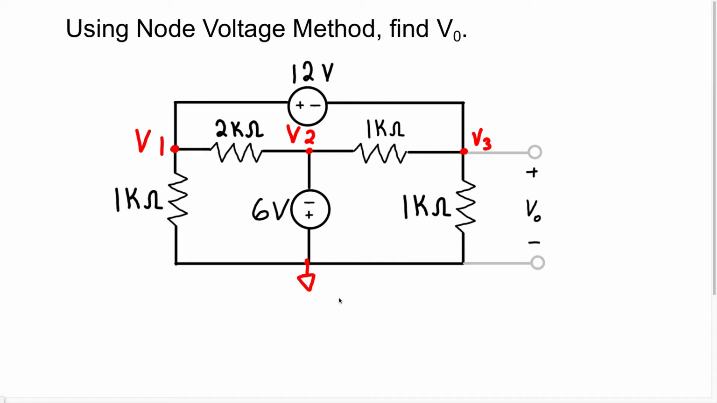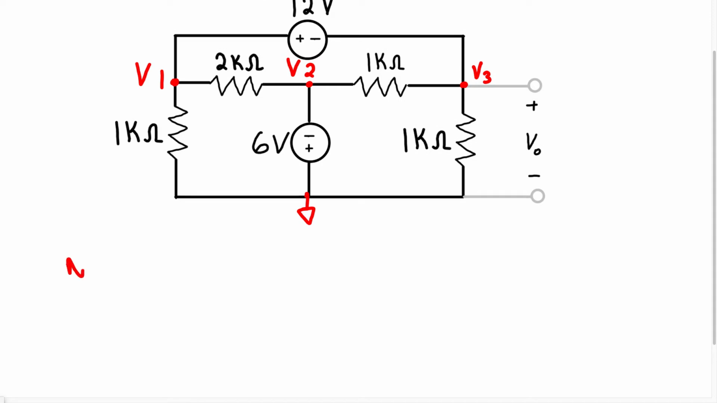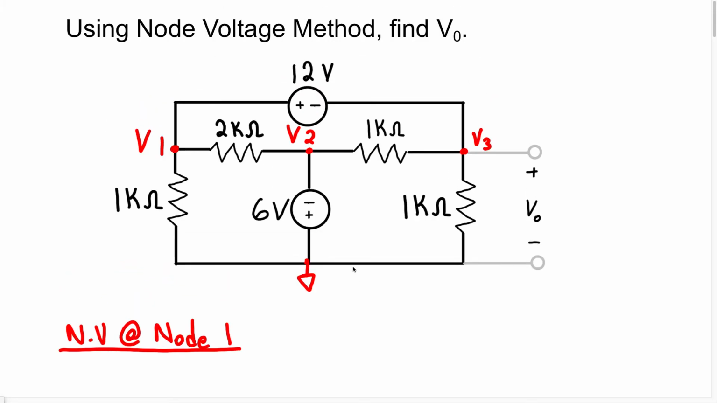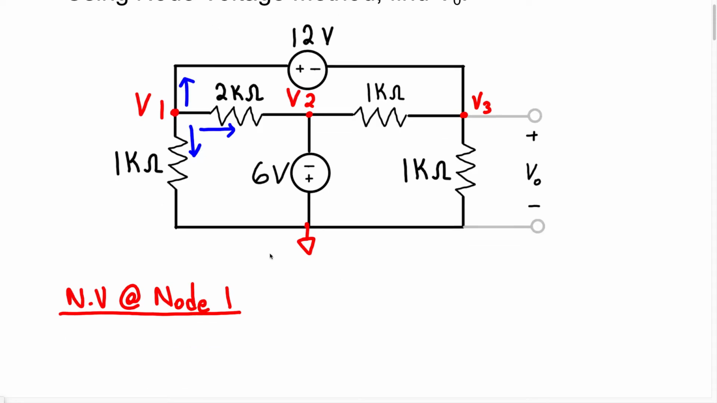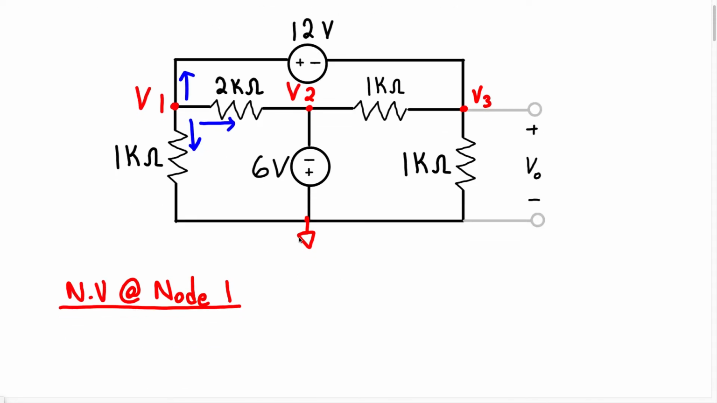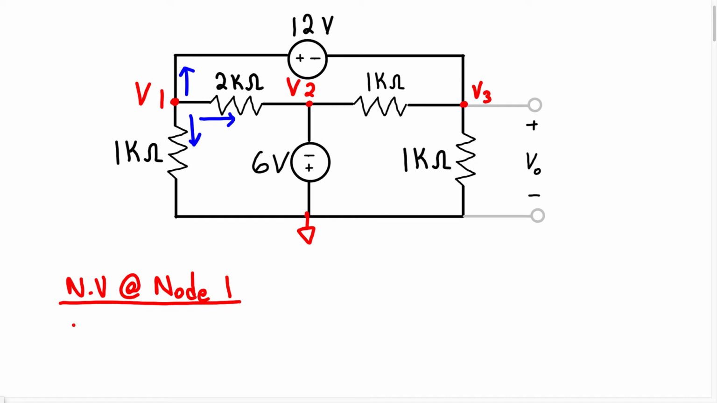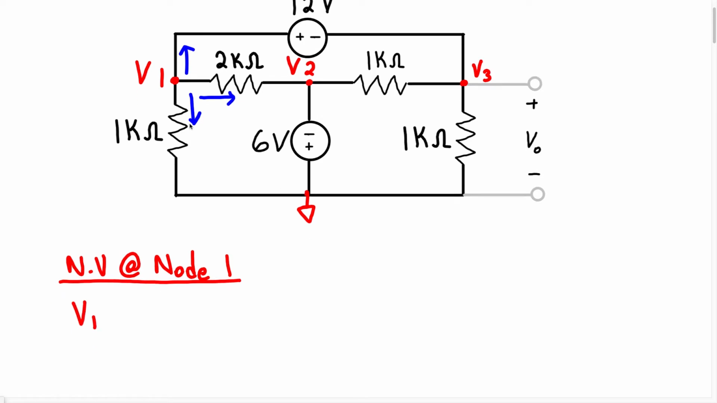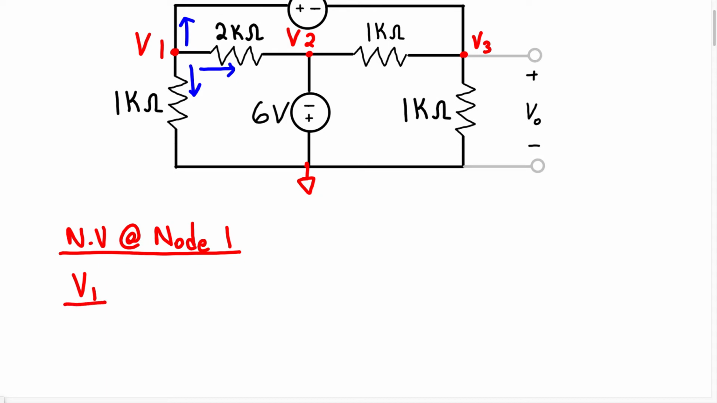Now that I have this, I'm going to start to find the node voltages at each node. So I'm going to start at node 1. So I'm going to have node voltage at node 1. Okay, so we're going to assume the current is leaving this node, going in this direction here, this direction here, and this direction here. For the current coming downwards in this branch, we're going to have V1 over this 1K resistor. So we have V1 over 1000